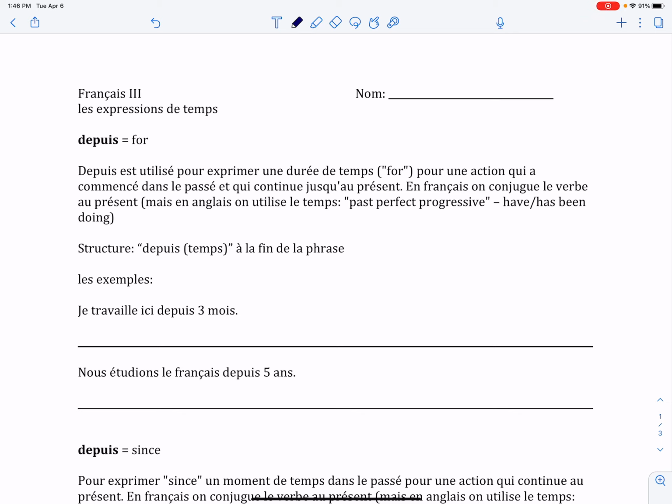What I'm going to explain for you today are the different time expressions that you'll use for past actions. We have the expressions for, since, and ago. And these notes are written out for you in French, so I'll read the description and then I'll translate that for you into English. So the first expression is depuis, used to mean for a duration of time in the